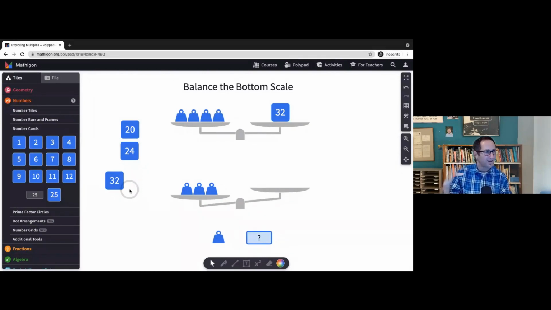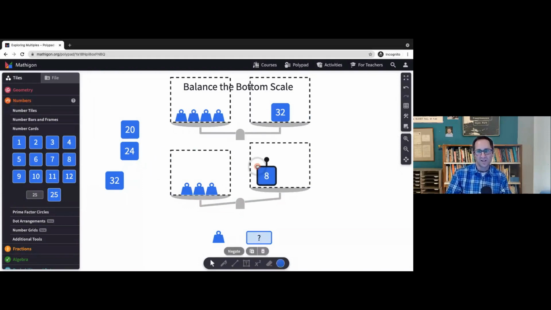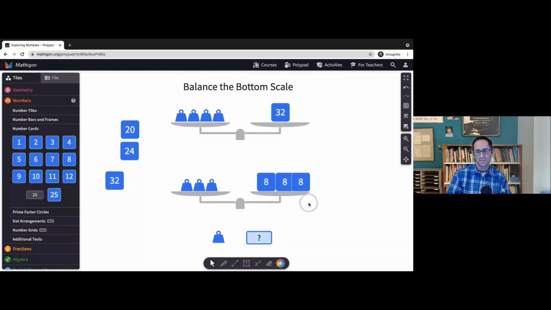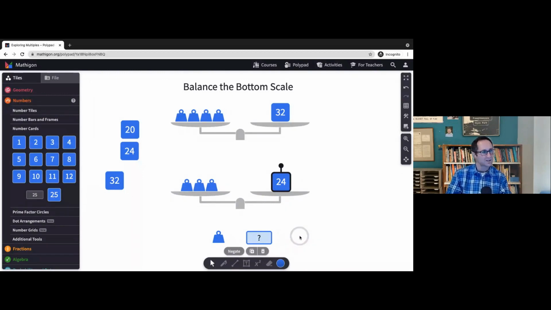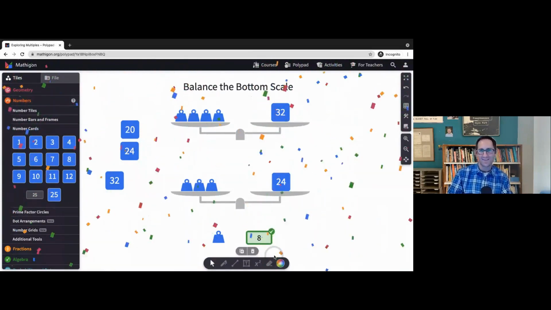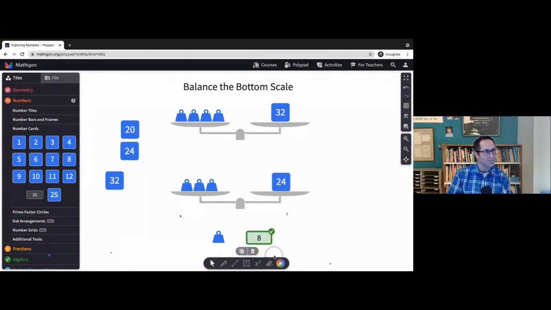And again, without like talking about counting by a number or what the multiples of 8 are, she just went and did it and was putting the 8s on top of each other and saw that 4 8s got to 32. And then she went over here and put 3 8s on the scale and balanced it, right? And put those 8s together to make 24, which I thought was a really nice, just like quick, intro task to help students think about 4 of something is 32. What do I need to balance it if I have 3 of something? And if they put 8 here and get it right, there's this nice confetti that comes down the screen. There's a video on how to do this if you're interested.